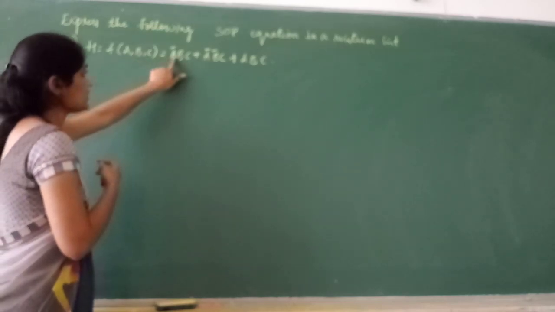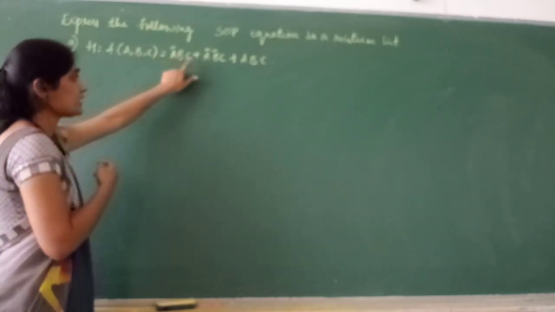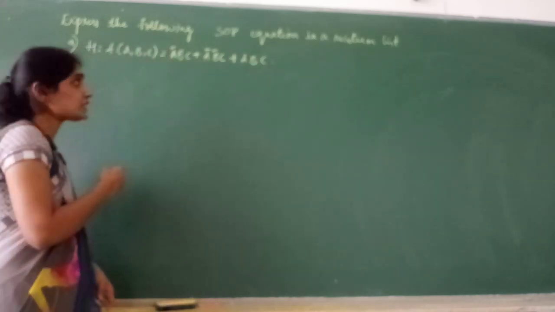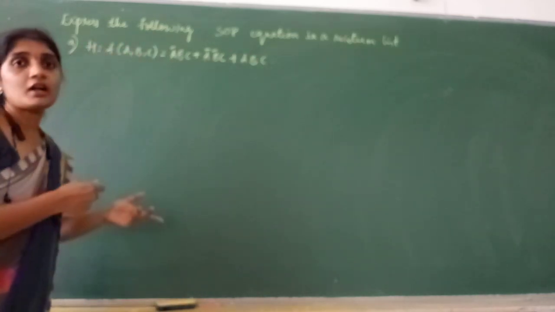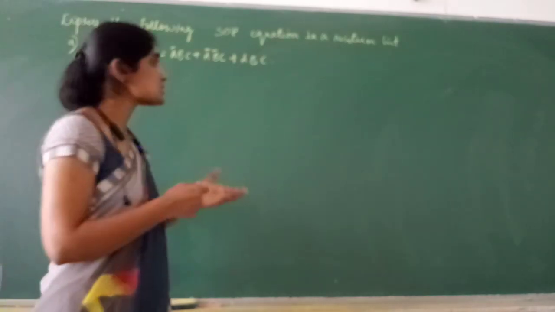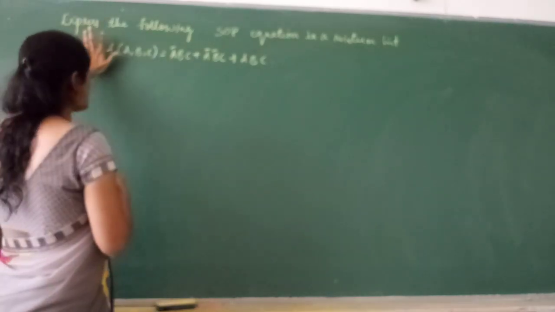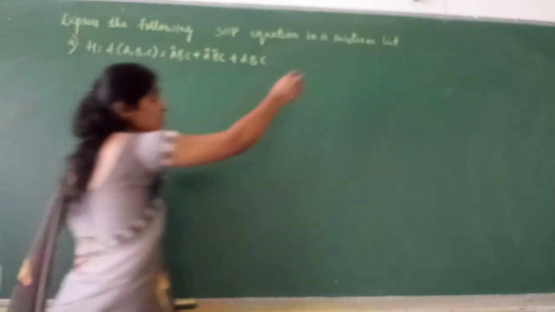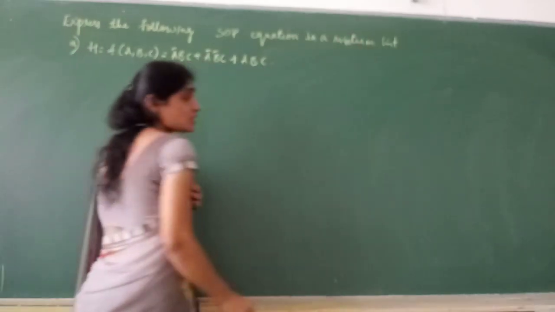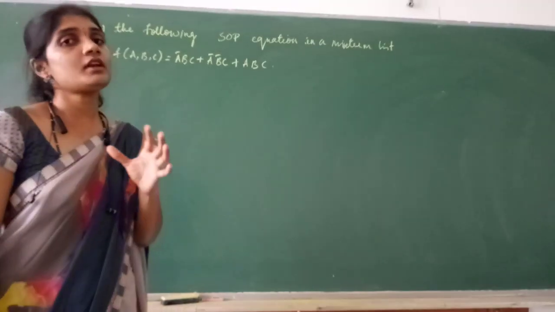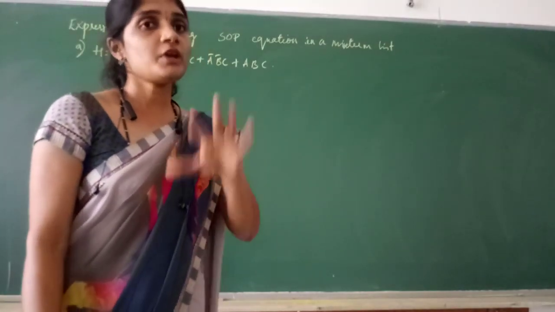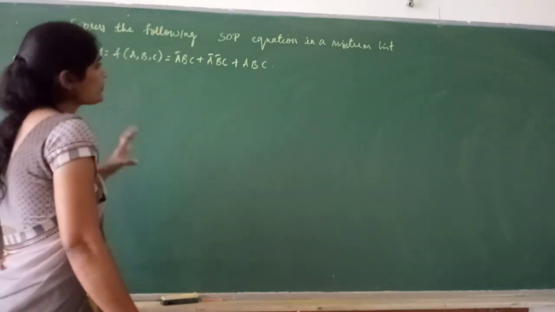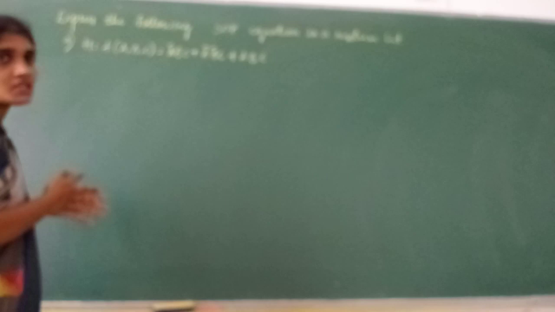So now, in this product term, all the three variables are there. Again, A, B, C, all the three variables are there. So this can also be called a canonical SOP, right? So in this SOP, the question is: express the following SOP equation in a min term list. Okay, this is min term in a min term list. So when an SOP is given, we can only list out the min terms. When a POS equation is given, we can list out the max terms, right? Now if the question is given like this, how to write the min term list?